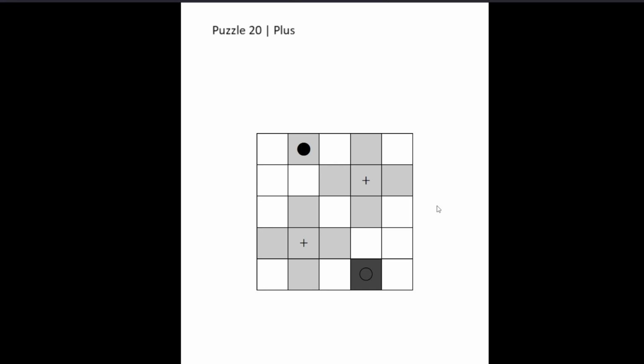In fact, whatever I come up with, if it's like black plus signs, and then the rest is white or whatever, if I come up with this as a solution,